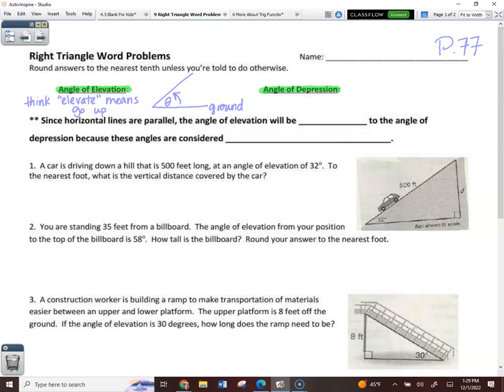Okay. Stay with me. Angle of depression. This one is slightly more difficult because of where it lands in the picture, but I'm going to show you a way to remember it and never get it wrong. Angle of depression always starts from what's called your line of sight. Notice I'm at the top of this space. It starts with your line of sight, and then you would,